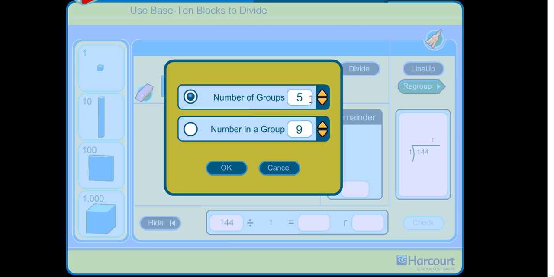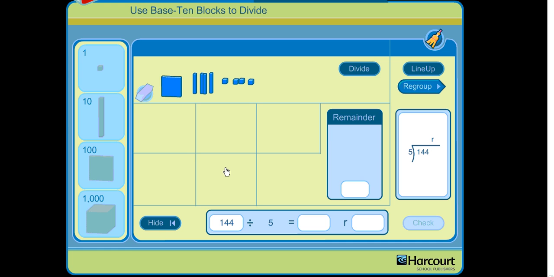I want 5 equal size groups, so dividing that by 5. Looking at this, if I have one group of 100 cookies and I grab that and give it to this child right here, I'm going to have 4 very upset kids that I wasn't fair with my sharing. So I know that I'm going to have to take that 100 and split it up. So I'm going to regroup it